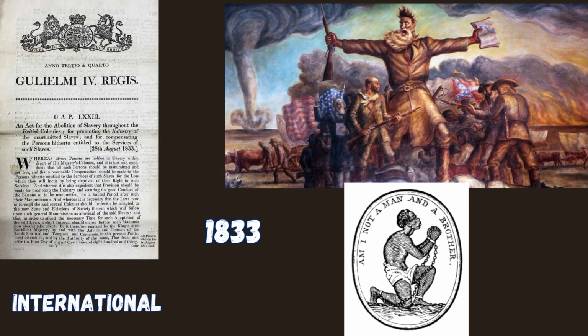British opposition to slavery. Britain, which had abolished slavery in its empire in 1833, was concerned about the spread of slavery in Texas, especially since Mexico had abolished it. British officials like Mr. Hoy criticized the United States for allowing slavery to flourish in Texas, which was seen as a violation of international norms.